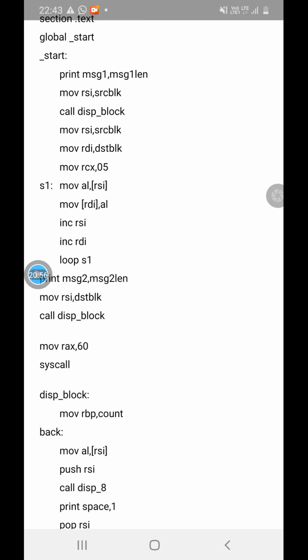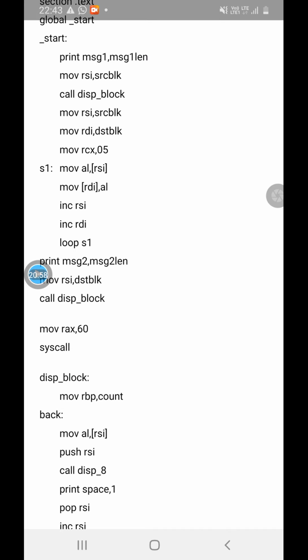And whenever you write move [RDI], AL, this 10H will go into the location pointed to by RDI, that is, the destination block starting address. Then we have written INC RSI and INC RDI, so we have incremented the pointers so that they point to the next location of the source block and the next location of the destination block. That means the first element has been transferred.